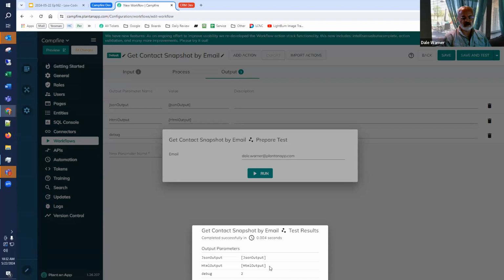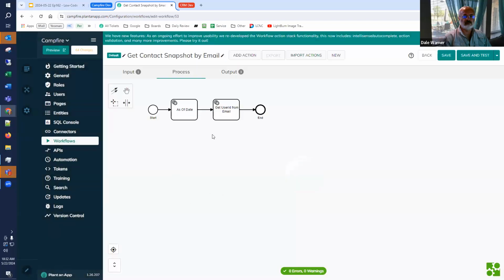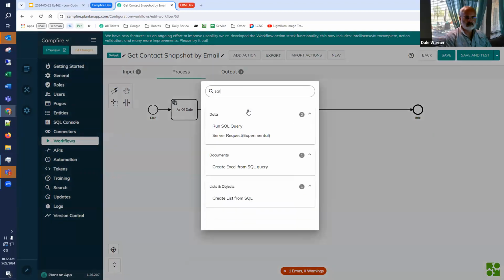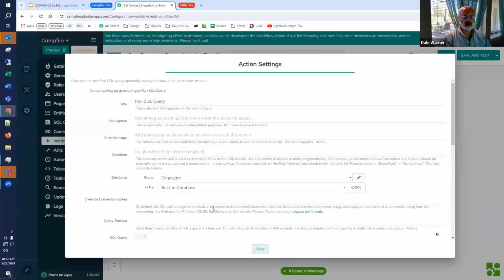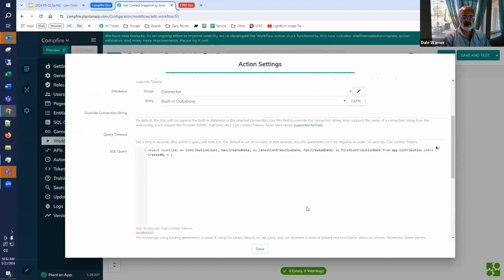We haven't provided any content for JSON output, HTML output yet, so they're just providing default content. But at least this is working, so we can continue on. So the next thing that we're going to do, and I'm going to do this again by SQL using that other statement that I have, and probably is still on my clipboard. Yes, this,